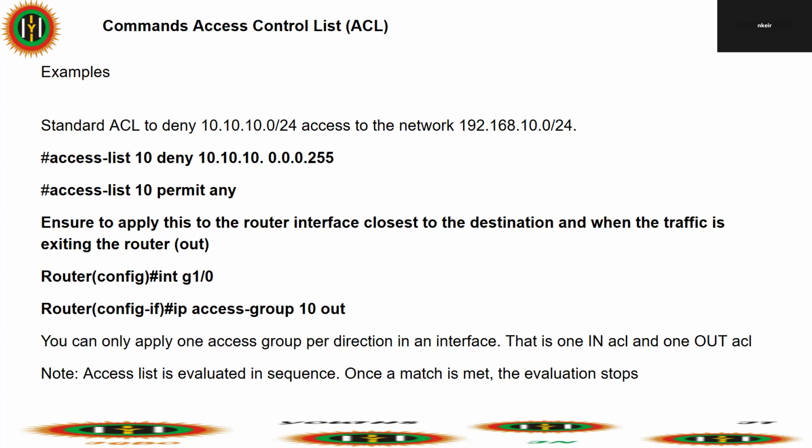And of course, standard ACL only provides you the option to specify the source address. So here, the 192.168.10.0/24 does not matter in the configuration. Where it matters is when you apply this on an interface. So the ACL for this is just giving an ACL number 10. We are denying, and then we are specifying the source IP address 10.10.10.0 with the wildcard. The wildcard is